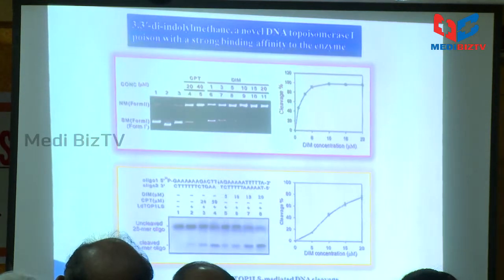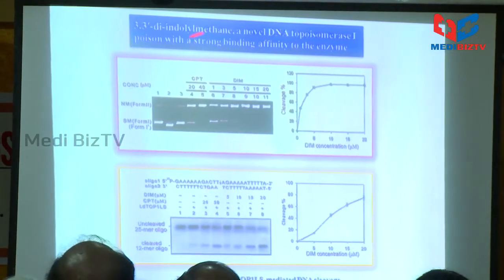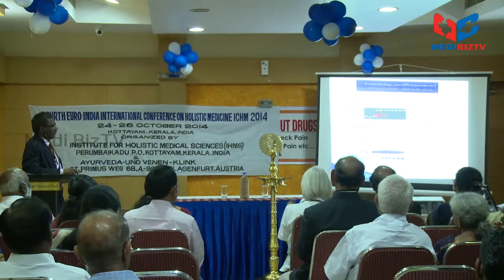Next one is DIM, a novel DNA topoisomerase 1 poison with a strong binding affinity to the enzyme. We have also determined the binding affinity of this molecule with this. You can see that it is actually completely restored. Next one is